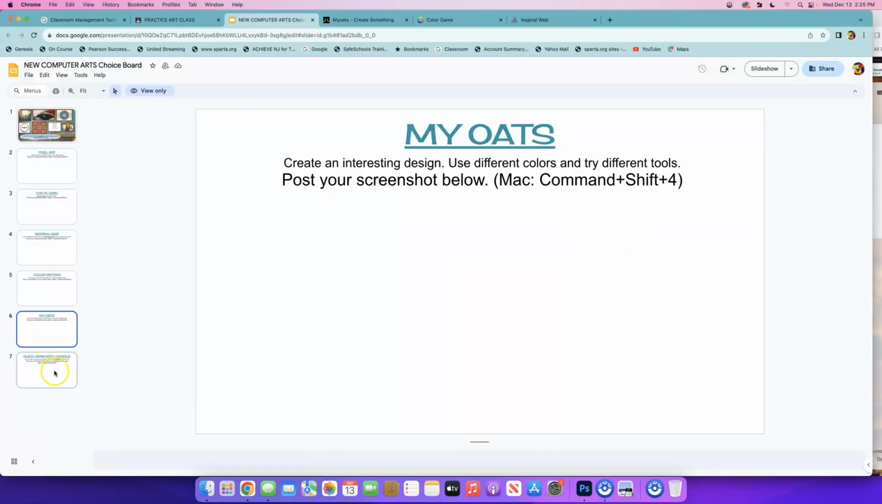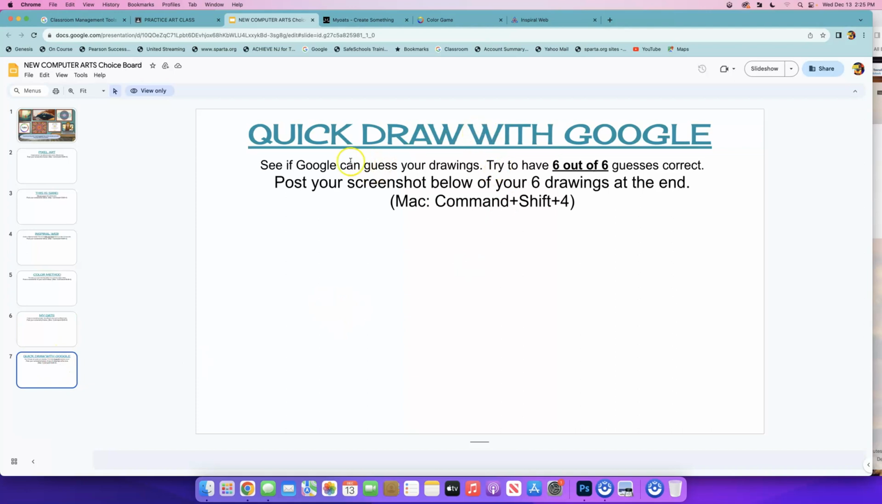Okay. Last one, Quick Draw with Google. This one's probably the fastest one. You're going to see if Google can guess the drawings. You want 6 out of 6. Post a screenshot below of your 6 drawings at the end. So this one,